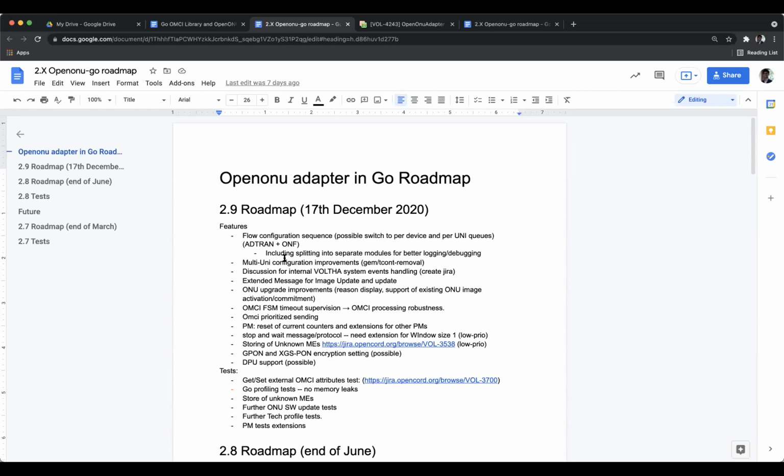Then there is another element, which is the multi-unit configuration improvements. They are working on this, and they plan to upgrade this for the fixes that they want to do. Then we also